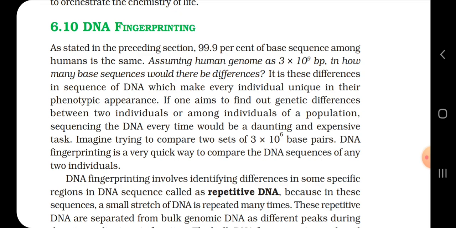Now the bulk DNA, which forms a major peak, and the other small peaks, are called the satellite DNA, which I have already told you. The satellite sequences usually do not code for any proteins. The repetitive sequences, that means the sequences which are repeated continuously in various numbers in various species, don't code for any kind of genes or proteins. And these repeats are a large portion of the human genome.